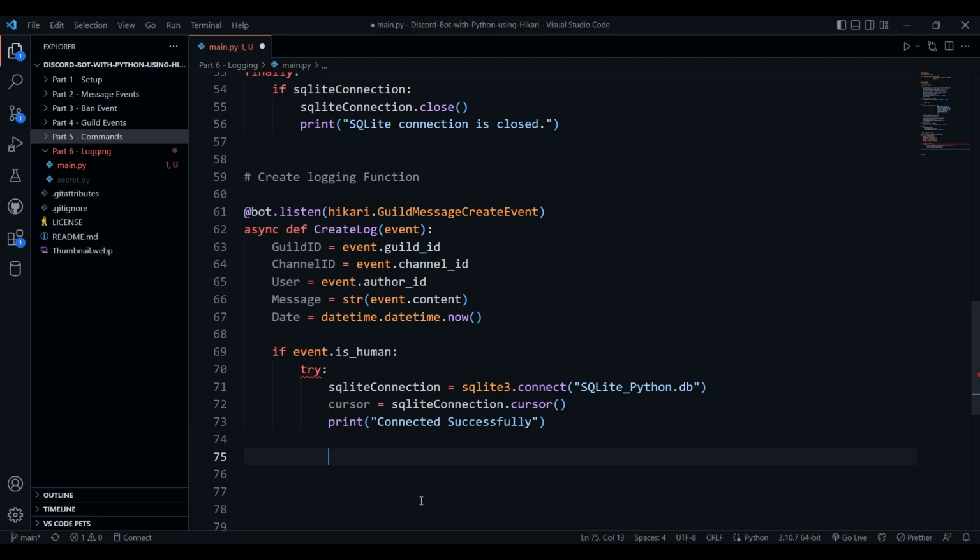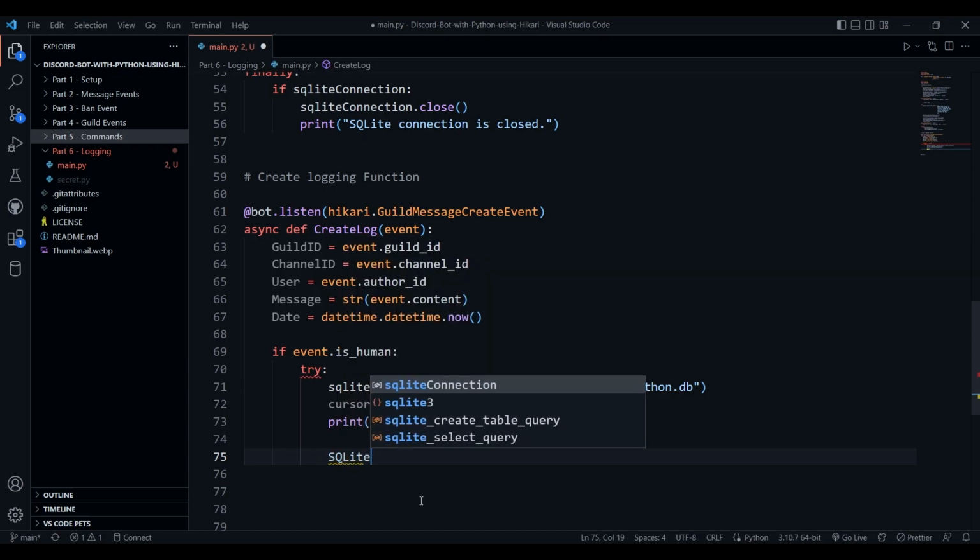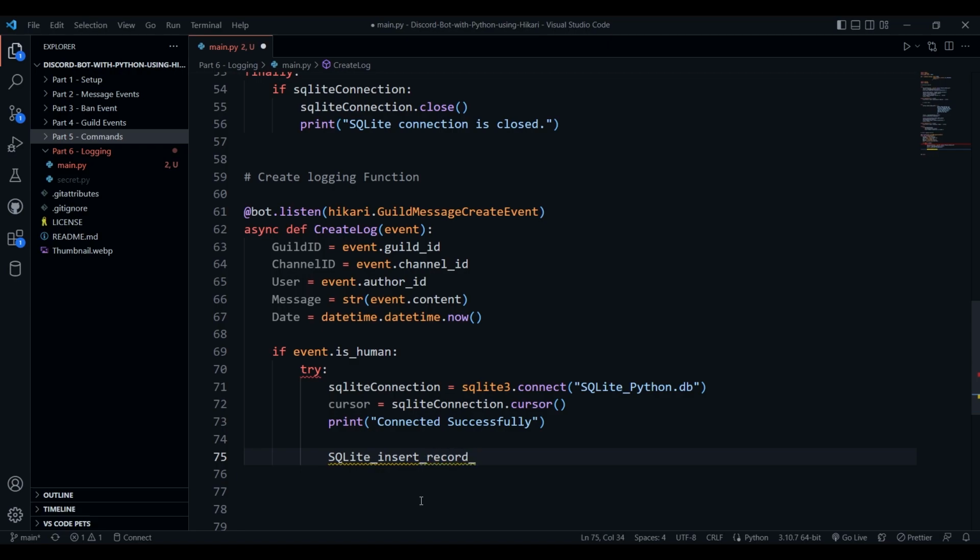So what do we want to write? We want to write an SQL query, so we'll write sqlite_query, and this query would be,